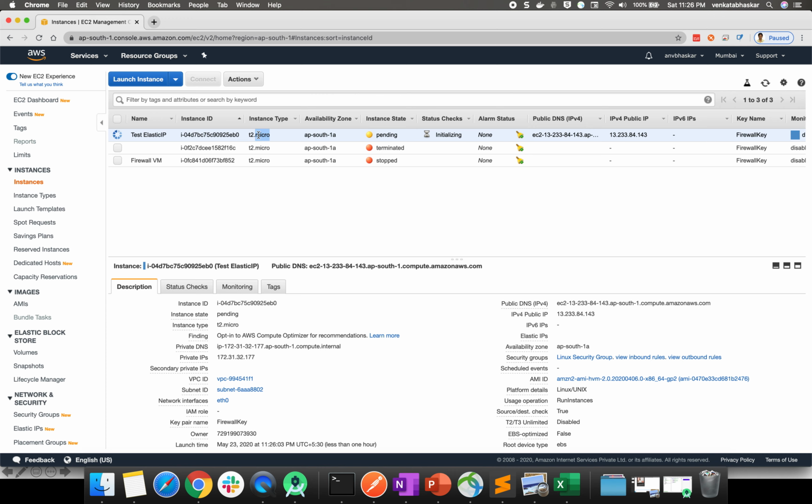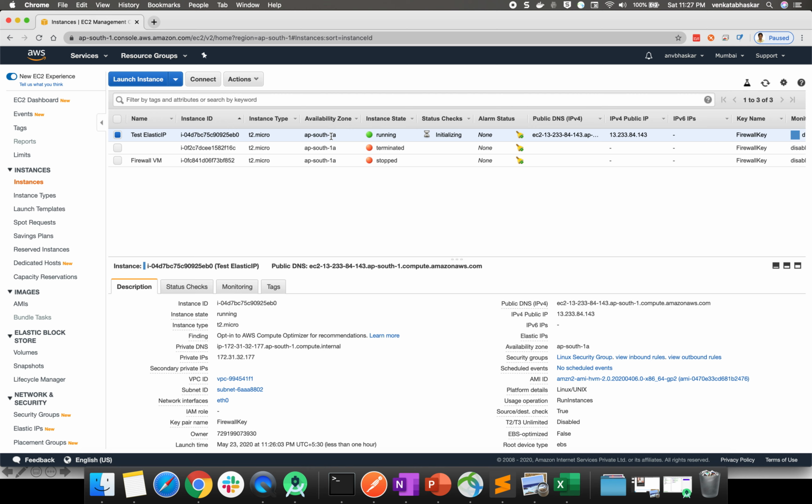See, when you are creating an EC2 instance, AWS will provide an IPv4 public IP. As I explained in my previous section, what is IPv4 and what is IPv6. IPv4 has public IP and private IP. This IP will be given by AWS. If you want some static IP, then you need to raise a request to AWS, then it will give you one static IP. That case also we'll see. Now quickly log into the EC2 instance, then we'll note down the IPs.